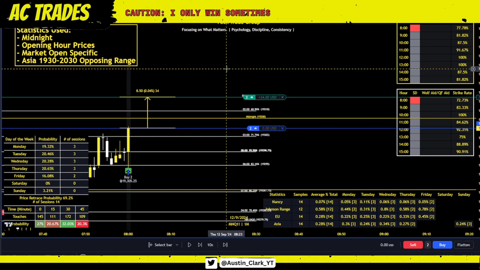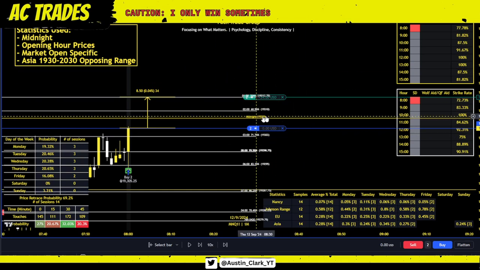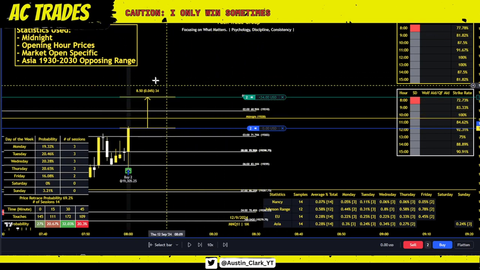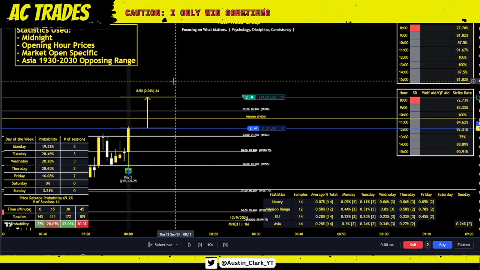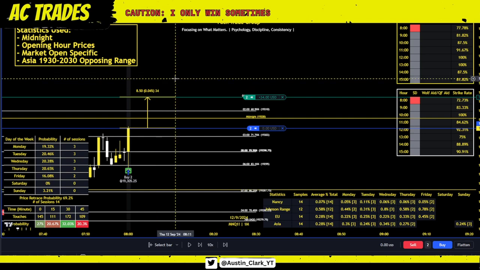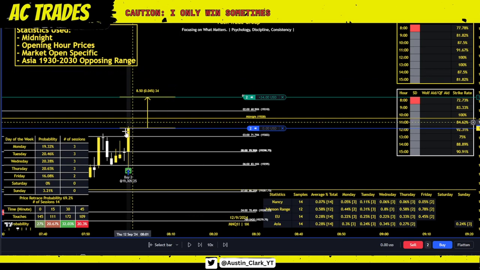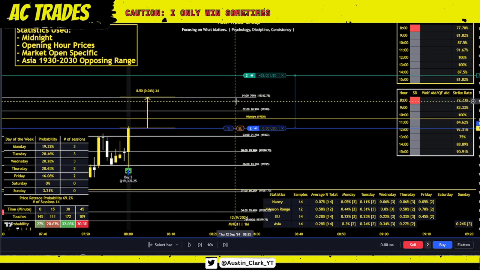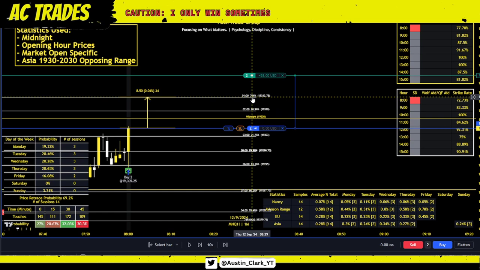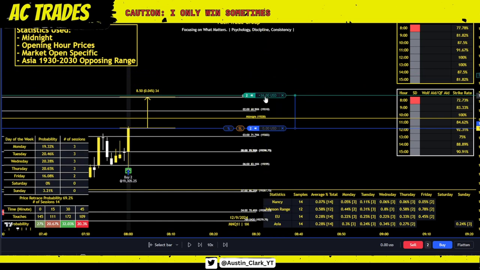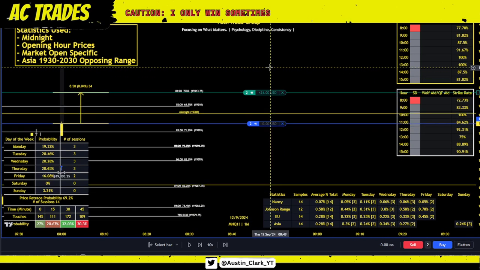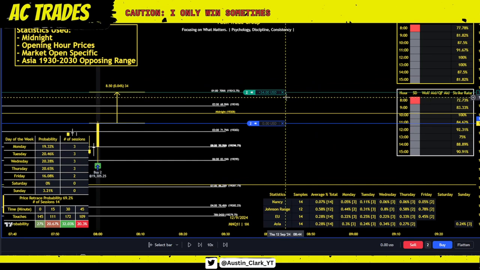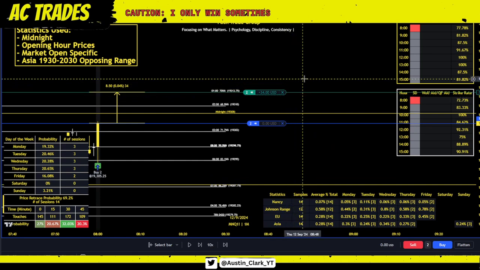Like, it's easy, but still, I'm okay with that, because I need to be mature enough and disciplined enough to know when to put risk on and when to take risk off, when to just lower my risk, because this statistic is still very strong. This 1 o'clock opening price is still 70+% probability. So I'm just going to shoot for the low-hanging fruit, right? And the low-hanging fruit this day is still giving my portfolio moving up and to the right, but it's just not going to be as fast, and that's fine.